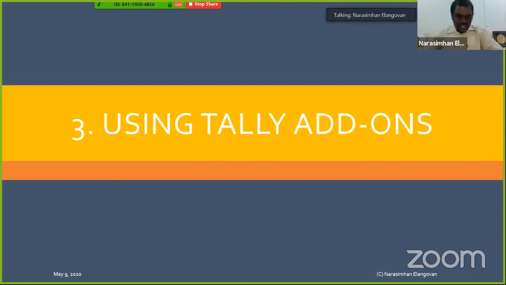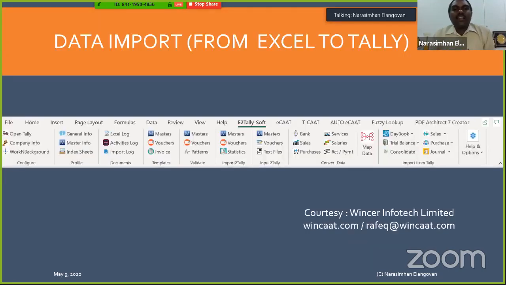To a powerful function. I have another 30 odd minutes. So let me quickly take you through a few powerful functions. How do I use Tally add-ons? Under that, the first thing I'm going to take you through is one add-on, the concept, and it's fairly good because it is feature rich, if you ask me. It's loaded with a good number of features.